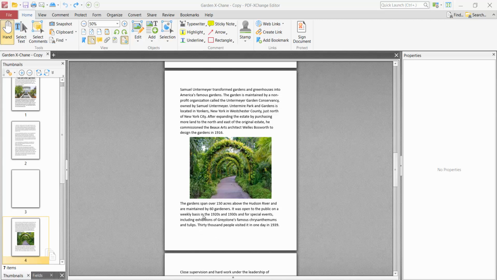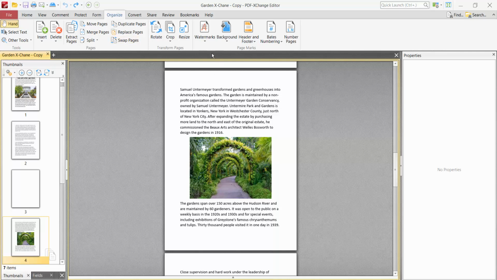Hello everyone, today I will show you how to insert a watermark to specific pages in a PDF file using PDF-XChange Editor. Open your PDF file. Now select the Organize option and here you will find this watermark option. Click here and select Add Watermark